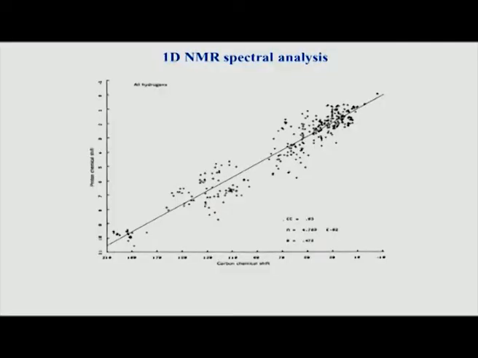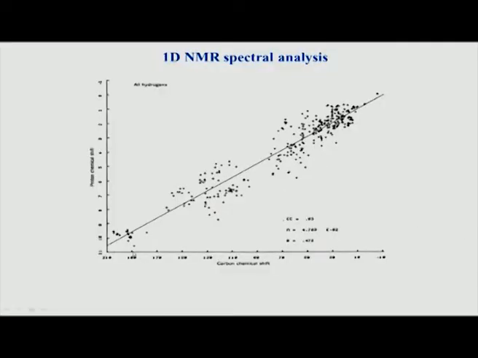In the last class, we saw how the carbon chemical shifts in one dimensional carbon NMR can be calculated, predicted based on the structures. We looked at a few examples, given some rules, and these are all empirical rules, and how we calculate. Similarly, we had seen this also for protons a few classes ago. So, if you now look at this slide, what this slide is depicting is a very interesting thing.